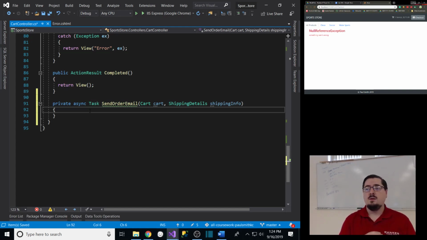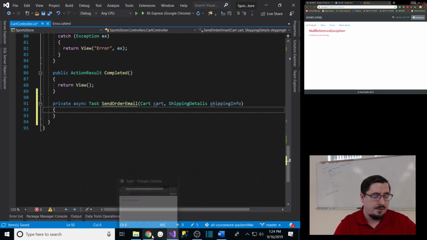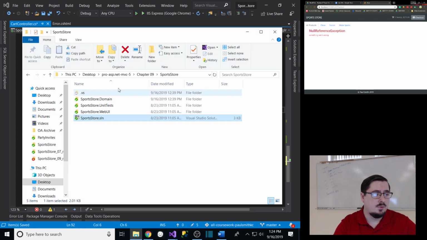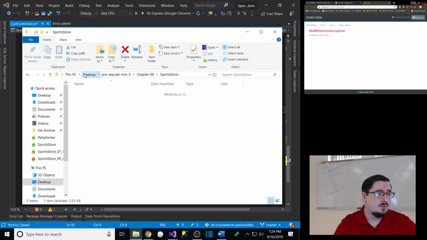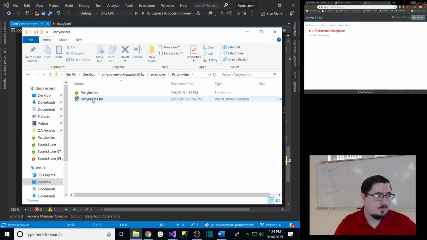Okay. So, sending the email. We've already kind of covered how to send email. Do you remember where we covered that originally? Party invites, okay? So if I pull up my code for party invites, I can kind of extract what we had there. We'll notice that there's a few things that don't work, but let me start there. So if I pull up party invites,